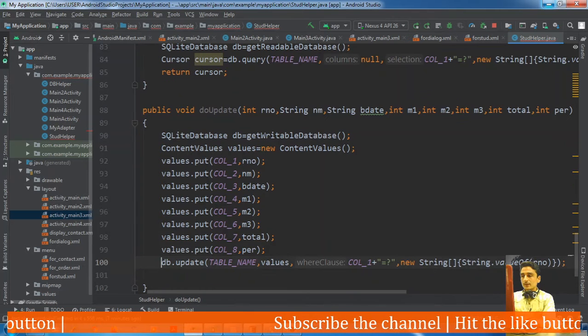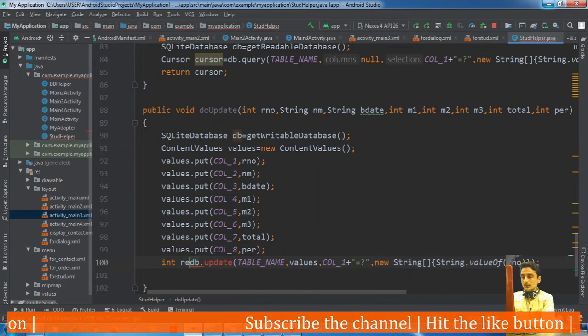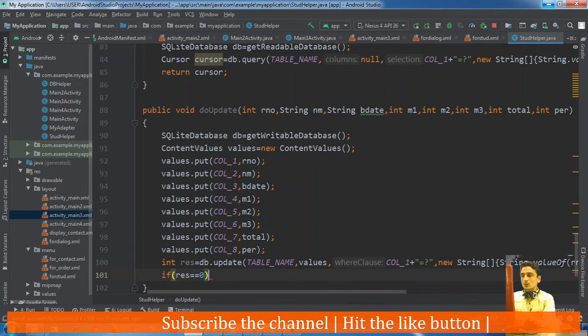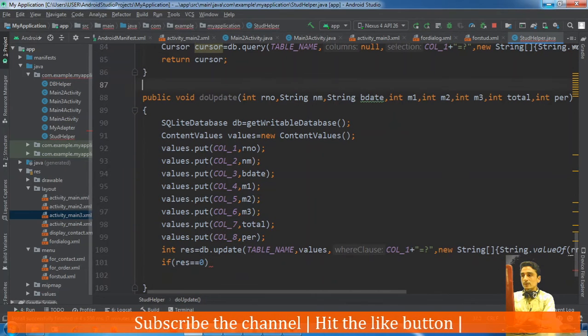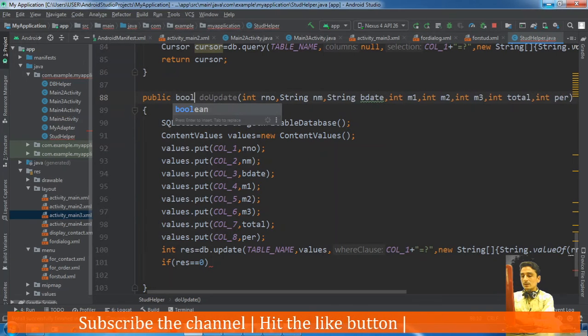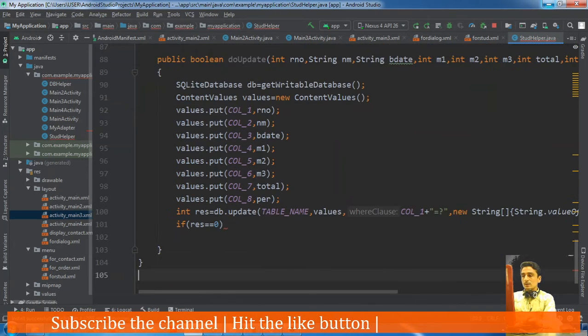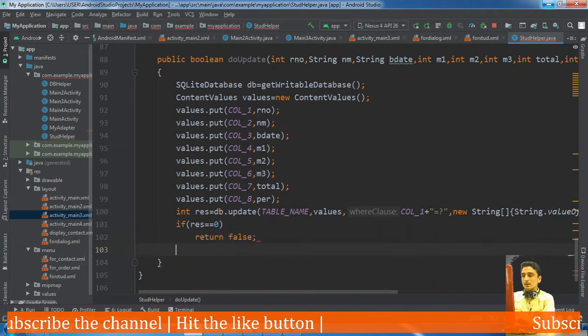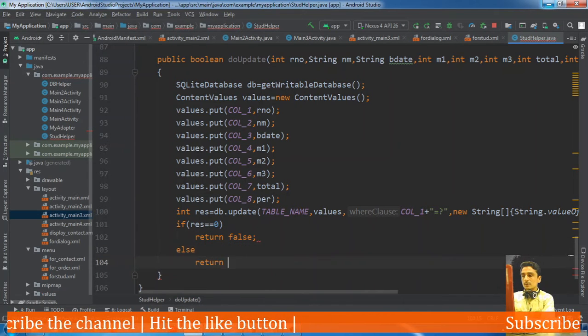Okay, integer result equal to, okay, if result equal to 0, then we will have a boolean return type here, return false, else return true.